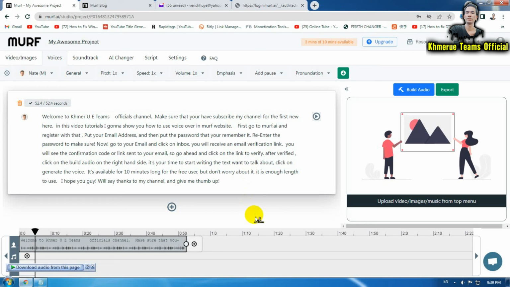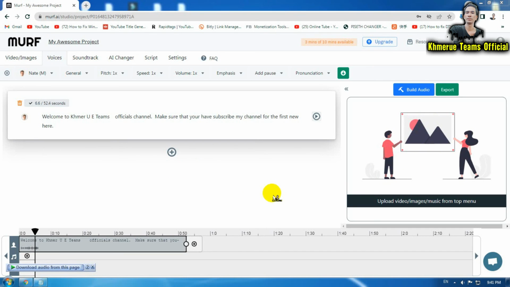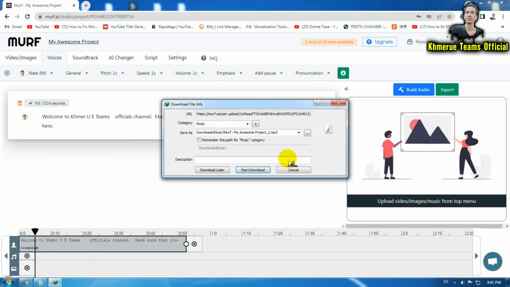Okay, it is very good on this platform here, and you can also build a video or music video with the text also. And if you really want to download that voice, you can see the icon here, download generated voice for this paragraph, or you can see the IDM appearing like this, and now you can download it